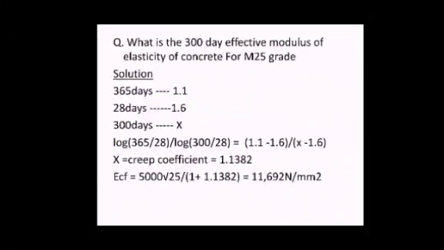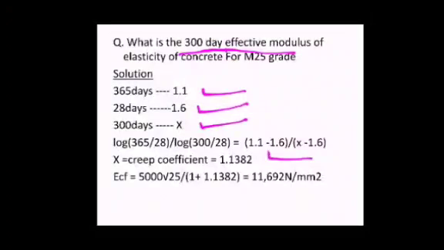Okay, let's solve the next question. What is the 300-day effective modulus of elasticity of concrete for M25 grade? See here, it is given effective modulus. Effective means long-term modulus. So here the creep coefficient value is not given, and the age of concrete is given as 300 days. As we know, for 365 days it is 1.1, for 28 days it is 1.6. So for 300 days let's take it as x, and by interpolation you can get the x value, or creep coefficient at 300 days, equal to